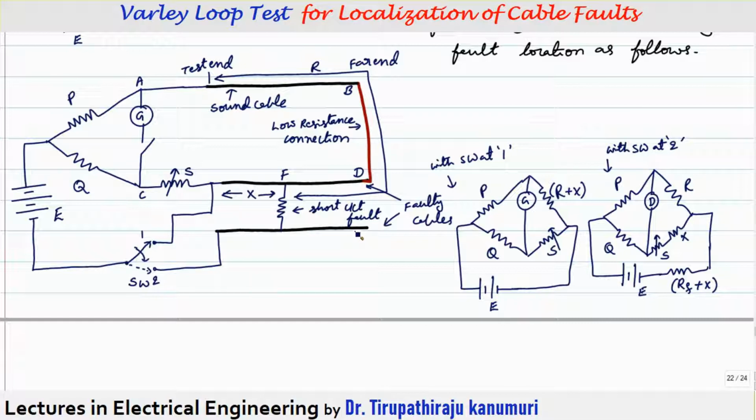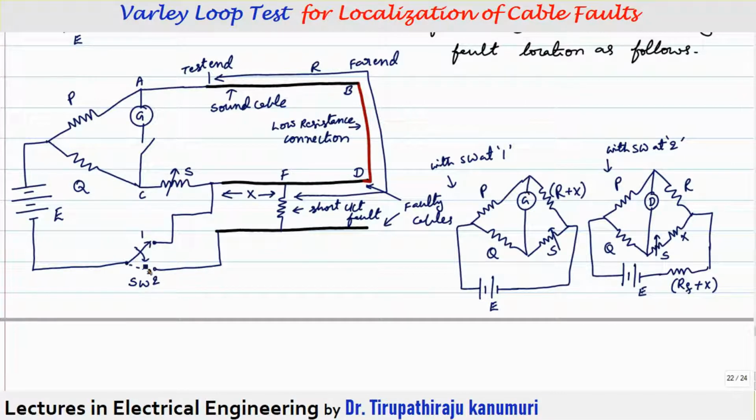Now I am representing the equivalent circuit. When it is connected to position number 1, you can see here the E is connected through 1. It is reaching this junction. And this side variable resistance S is connected. Here there is P and Q, so P and Q are represented here. And similarly from this junction to this side, what is the resistance connected? X plus R. Again, the current cannot pass through this second cable because the battery's second terminal is not grounded. That's why current cannot pass through that circuit. Getting it? So that's why this resistance will be equal to R plus X.